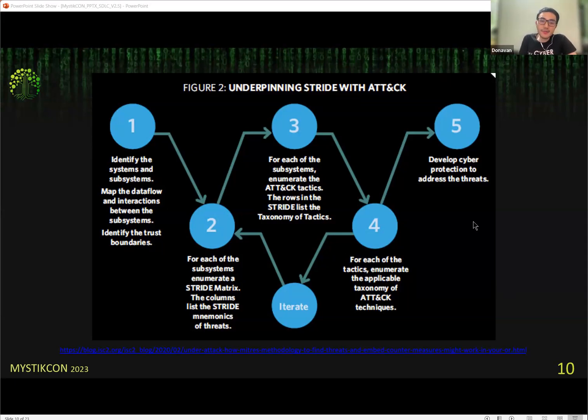And then for each of the subsystems, you enumerate a STRIDE matrix. What do we mean by a STRIDE matrix? For each of the properties in STRIDE, they correspond to a certain security property. For that, I can leave you to look at what each letter stands for. For example, you have spoofing, tampering, repudiation, and then you can see the security property that each one affects. The simplest one, for example, is denial of service. We all know that affects availability. Whereas repudiation affects how you're able to audit, whether somebody did or did not do a certain activity.